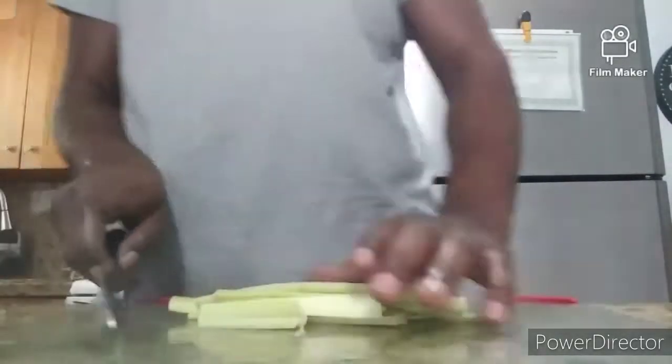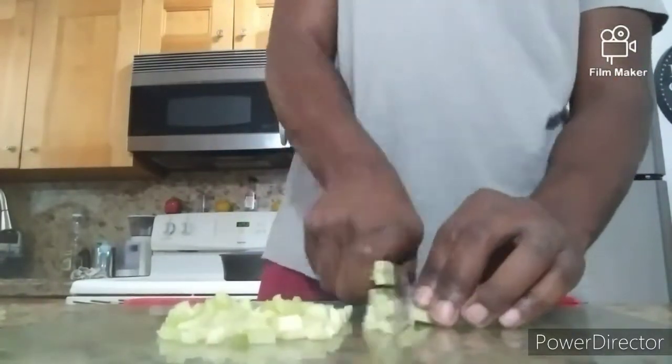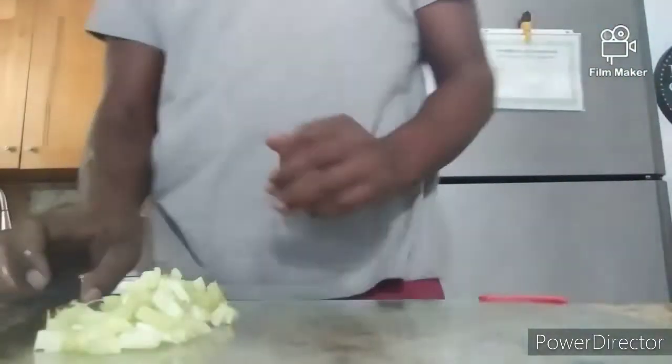So in this video, I'm about to show you guys what to do if you have leftover neck bones. As you can see now, I'm chopping up some celery, and then next I'll be chopping up some white onions, and